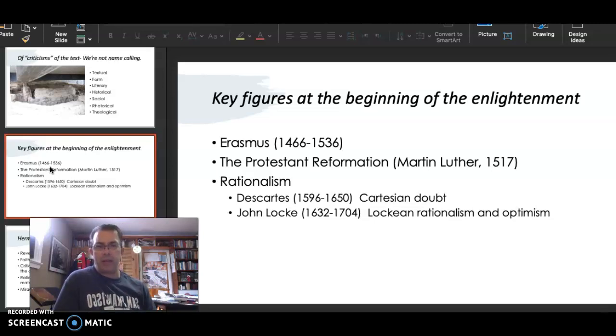Well, in the Enlightenment, you have a full push to give the text back to the people, and Martin Luther is one of the first to do this, as he breaks with the Catholic Church and re-examines the text on his own. Now, there's a real affection for the text. I want to make that clear, that by and large, most people that we're talking about have an affection for the biblical text.